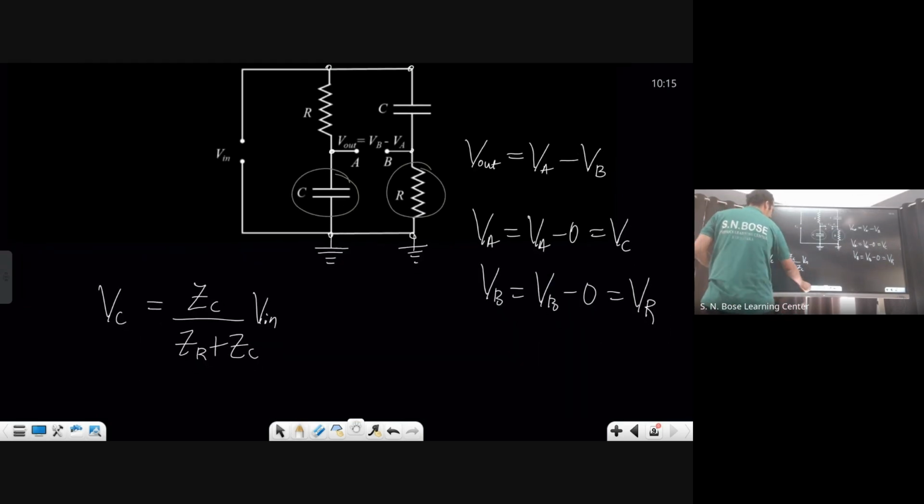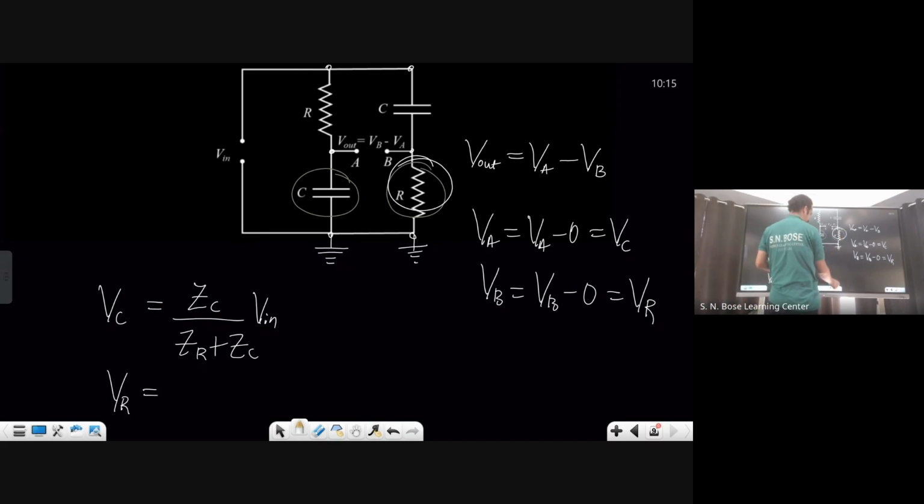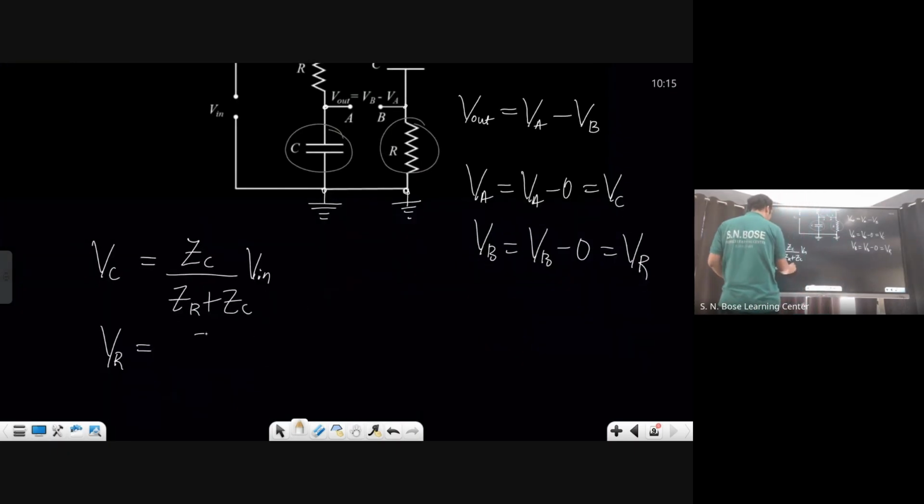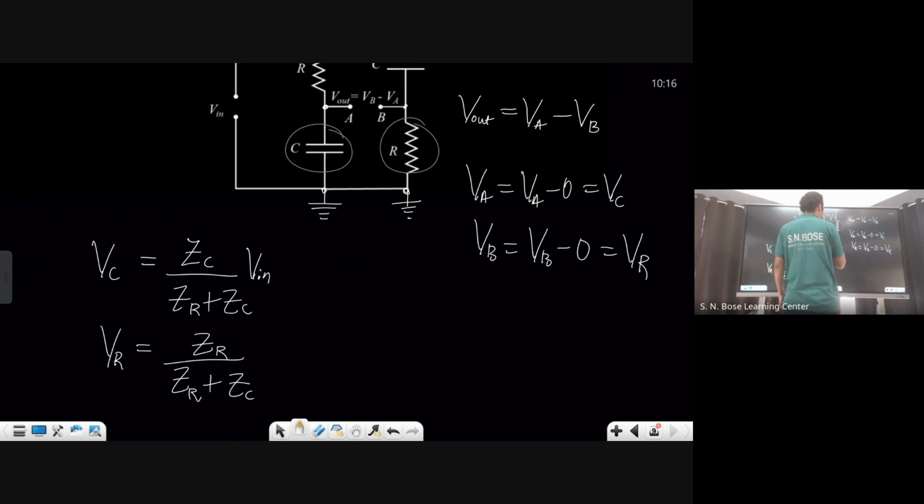Is that okay? And VR. What is VR here? Again, main voltage is V in only, because this is a parallel network. Main voltage is still V in only. That is ZR divided by ZR plus ZC. Fine. Then what is this one? Next one. V out is